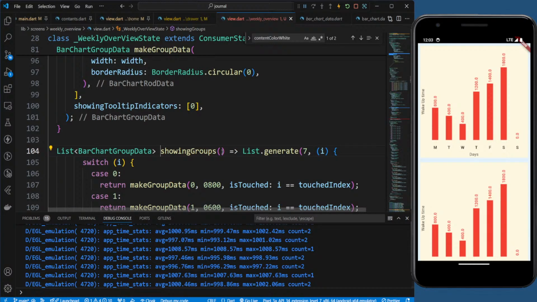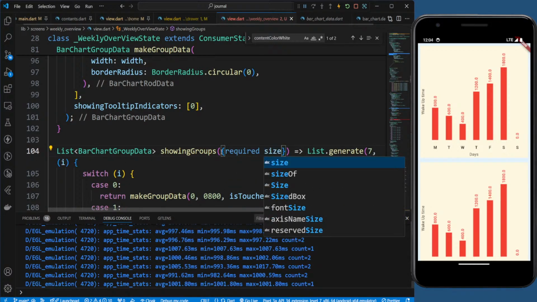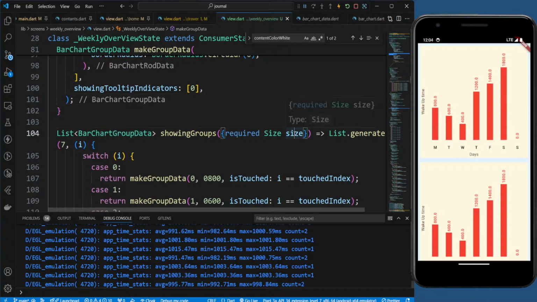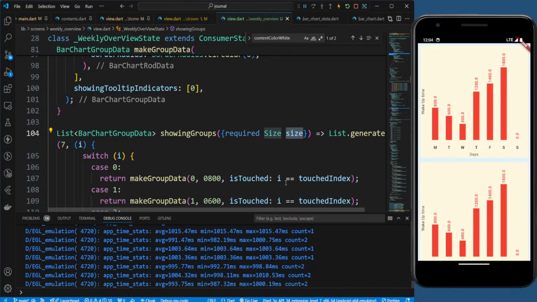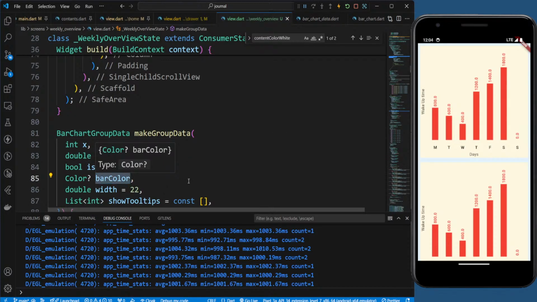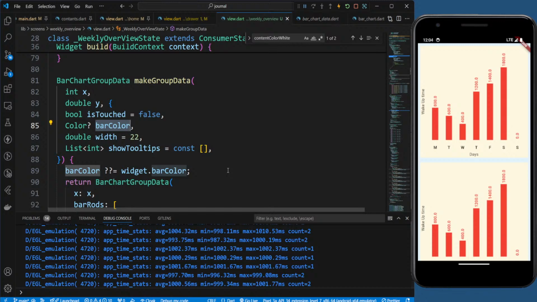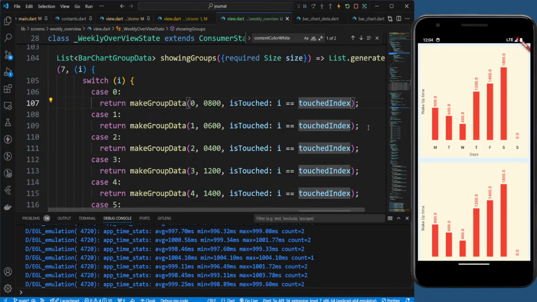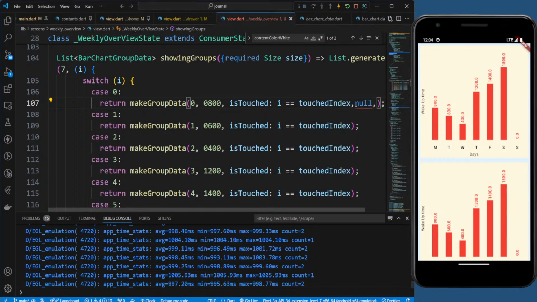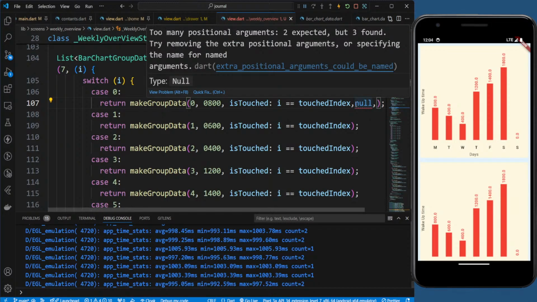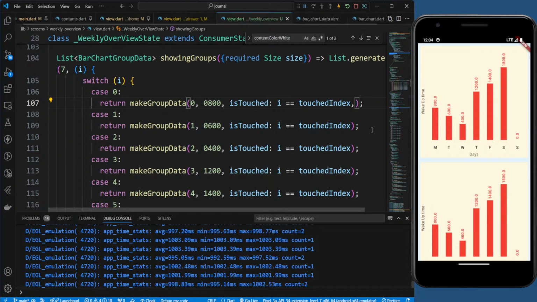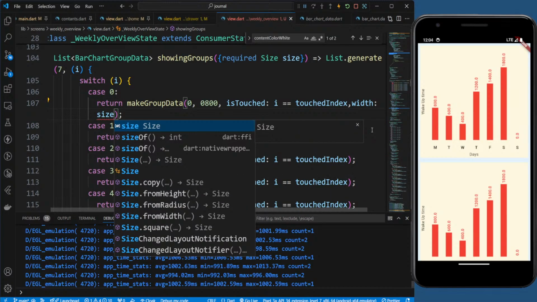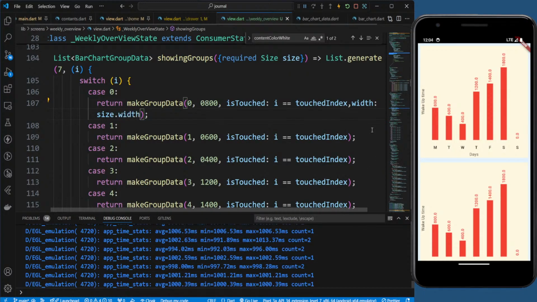This one showing groups, and here we'll do required size. This one. So now what we can do is, if you see make group, right, touched bar color, then the width, right? So what we can do is here put this and not bar color actually. We want the width. So the width can be something like size dot width